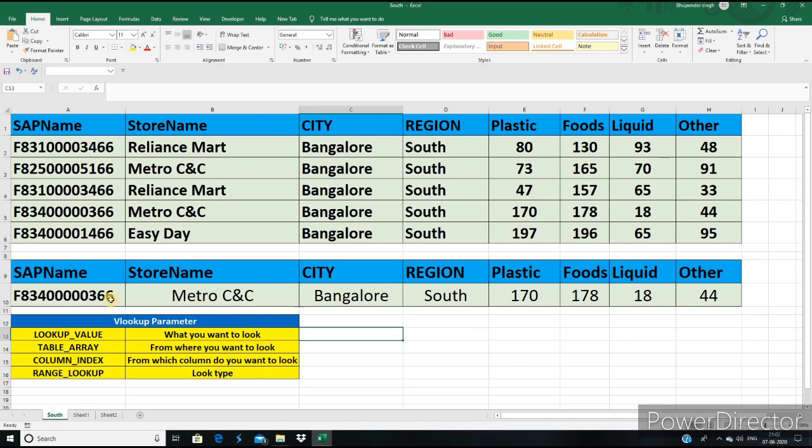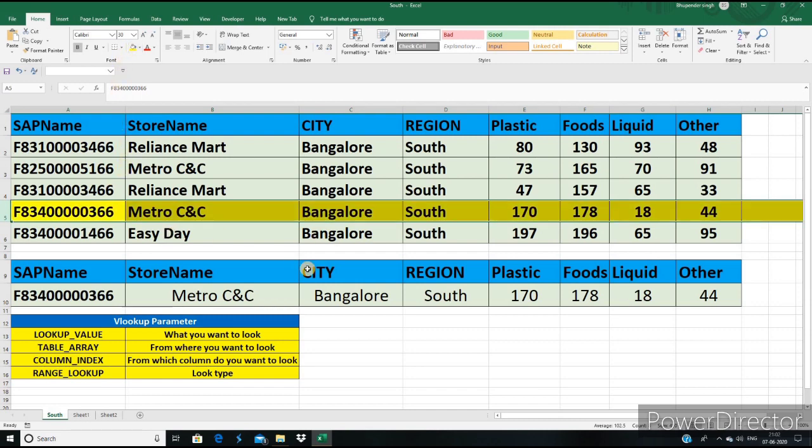You can see guys, the SAP number is 366, and here we have the answer: plastic 170, 178, 18, 44.